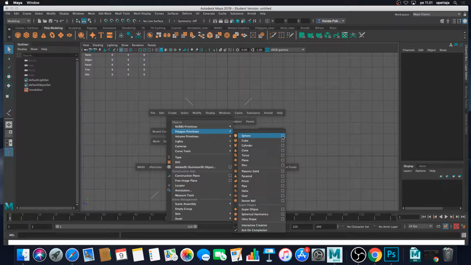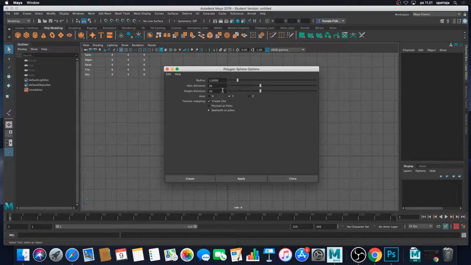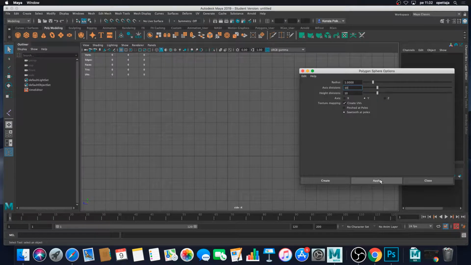So next thing what I select here is sphere with the options window, and currently the axis divisions are quite high, and height divisions as well. So I will decrease this to 10, and I will keep create UVs checked on, because that will help us later on when we are adjusting our UV map if we have it already divided into the UV shell. Then I press apply, and now I have one sphere here in my scene,